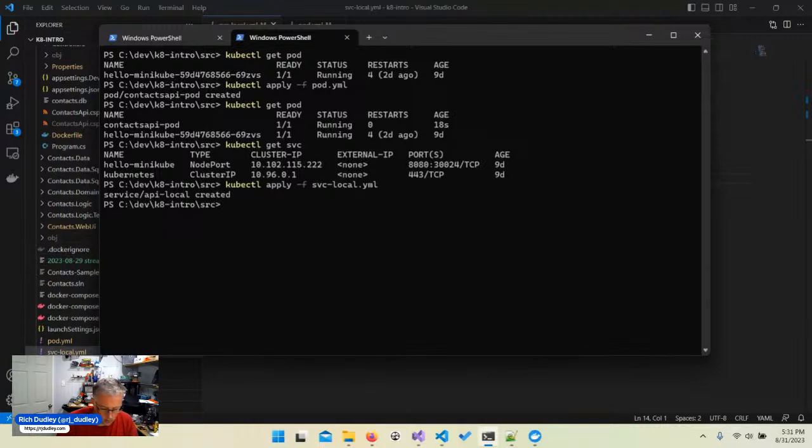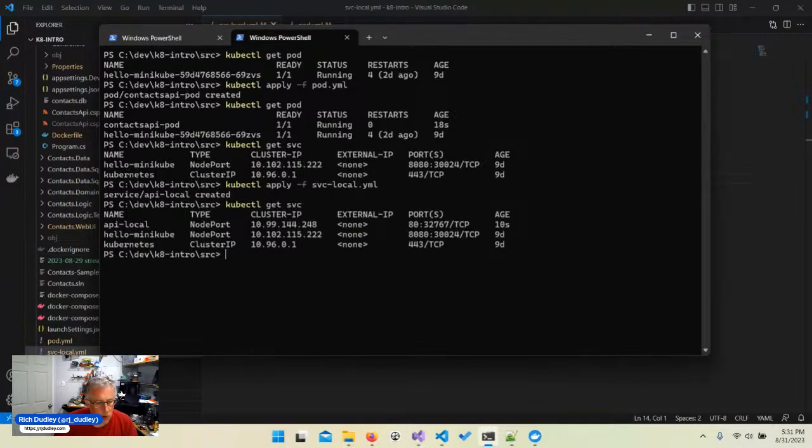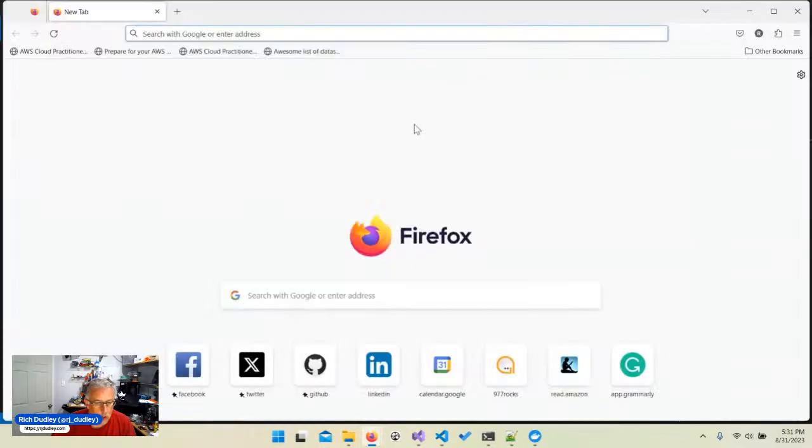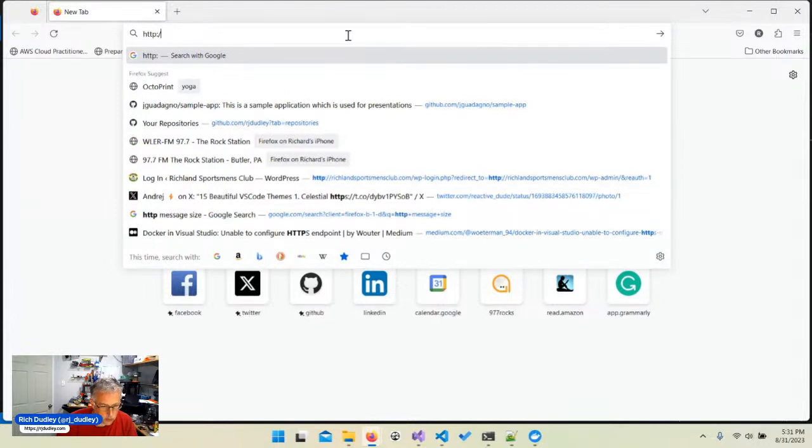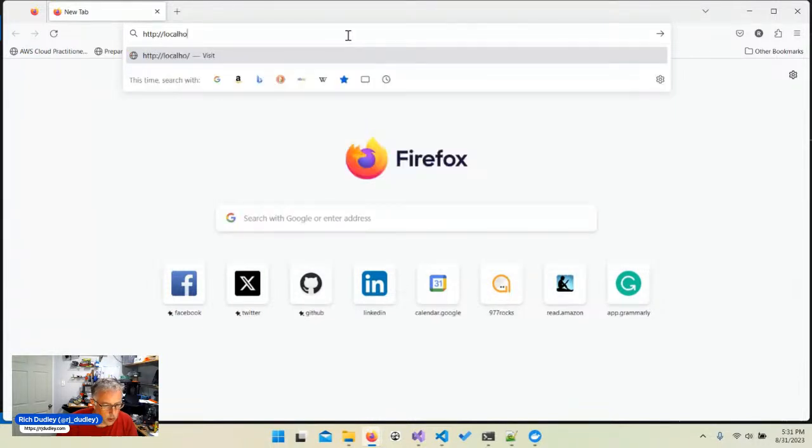We can tell it kubectl get service, and now we have our API local. Ostensibly at this point, hypothetically speaking, we should be able to open a browser, as soon as we get our browser window, and go to localhost,